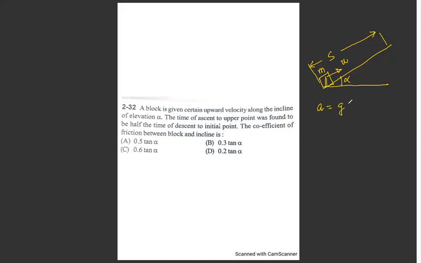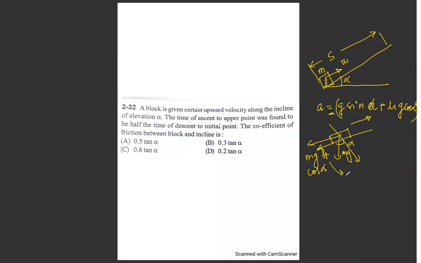Acceleration is given as g sine alpha plus mu g cos alpha, because if you draw a free body diagram, we can clearly see that this is mg, this is alpha, and in this direction we will be getting mg cos alpha. And if the body is going up, the friction is going to be in the downward direction, and the friction has a value of mu mg